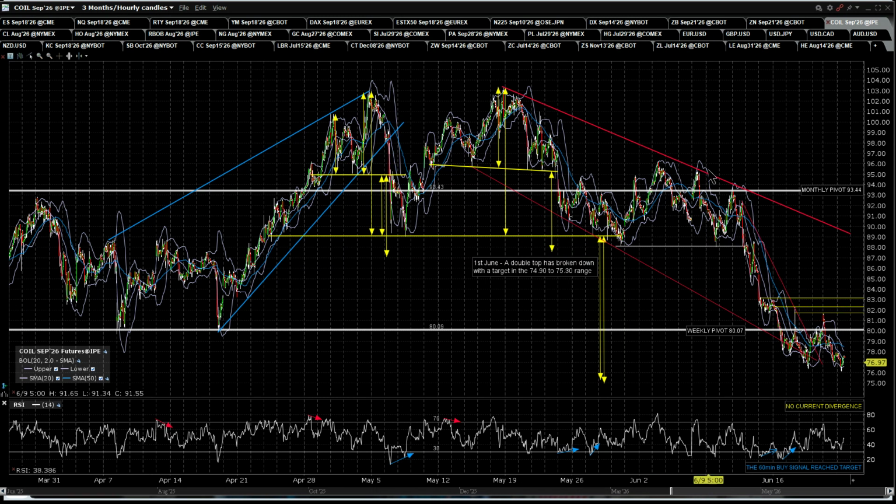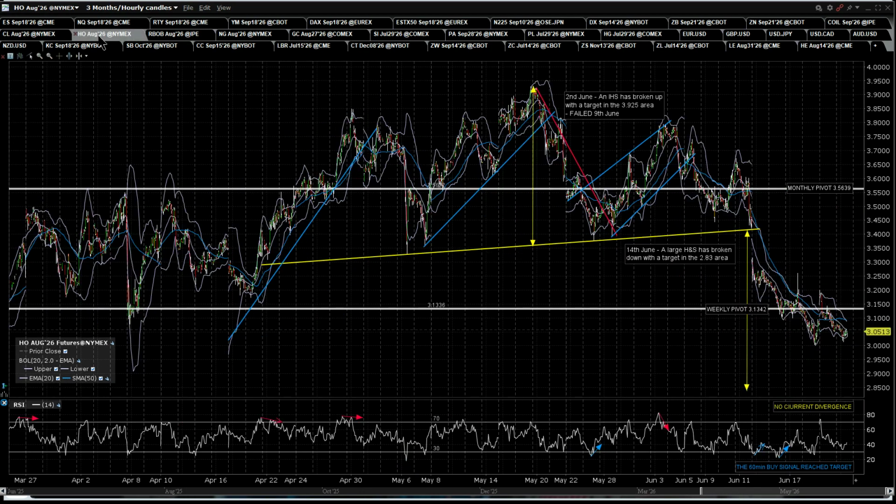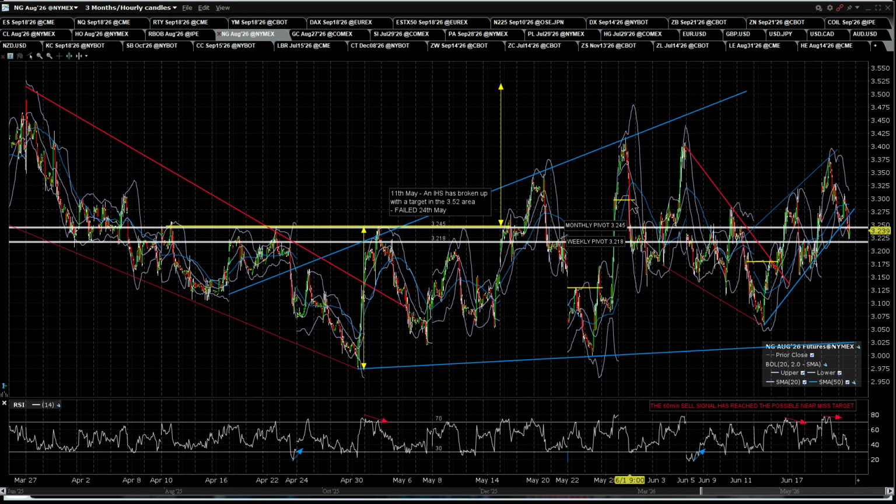Are we looking at a possible rally, though? We've got a nice looking double bottom here on Brent crude, and I'm thinking we may see a rally from here. CL, very nice looking double bottom as well. Not really a nice one on HO. RBOB could be forming an IHS here, but it's not particularly pretty. NG. Not really the same as the others, but the sell signal has made the possible near miss target, and